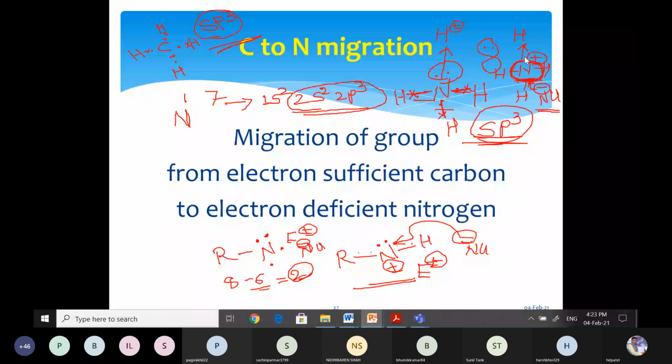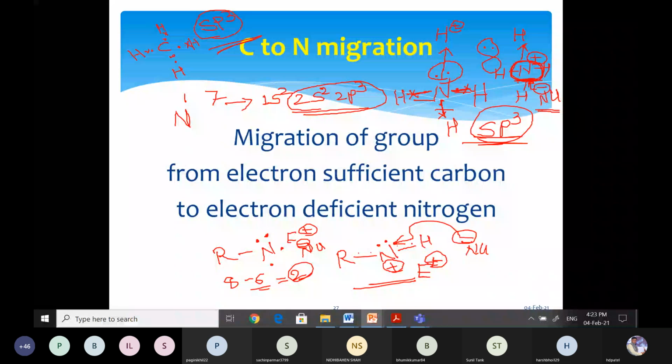That is about the special type of reactive intermediates. Based on that, we will complete the reaction, and this type of reaction is known as migration of the group from electron sufficient carbon to the electron deficient nitrogen. Last time I discussed this part, but here it is important. The reason is